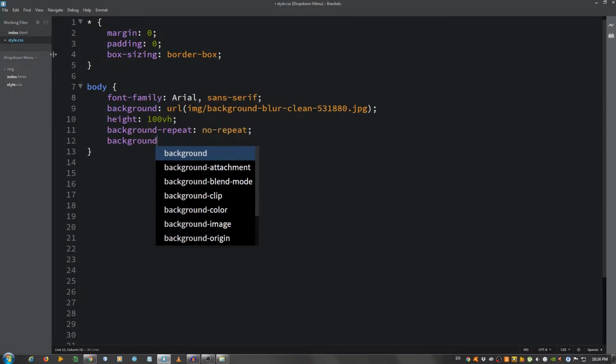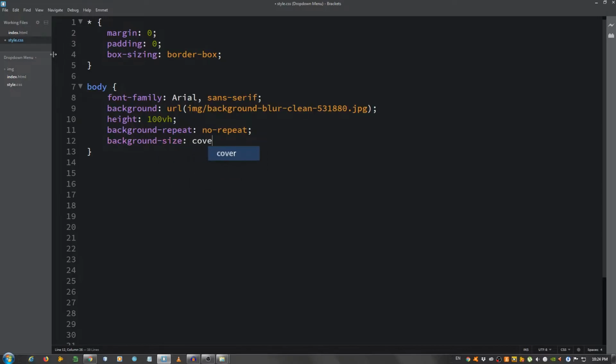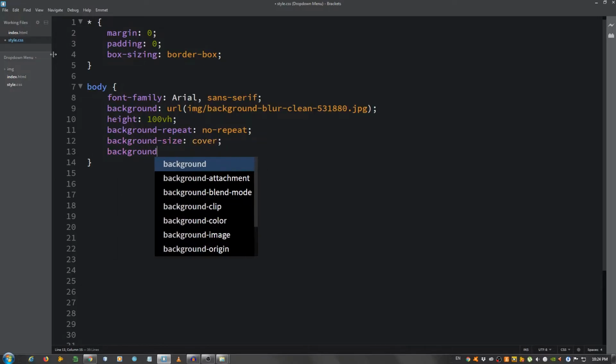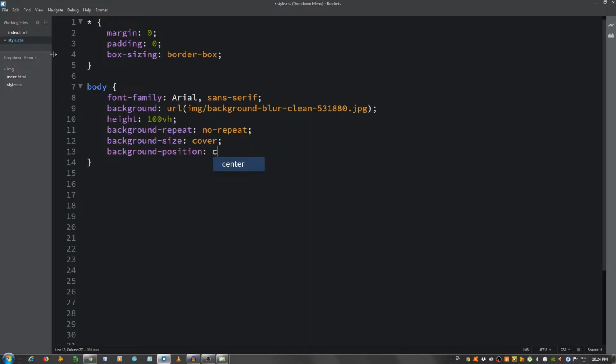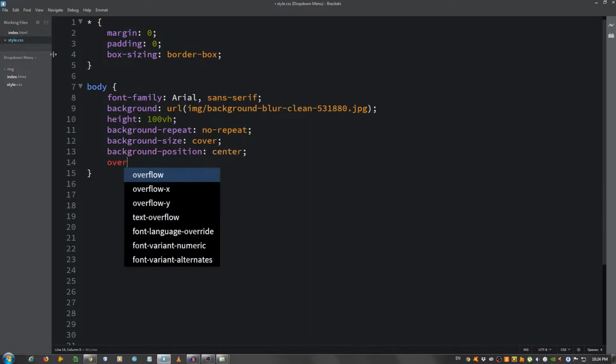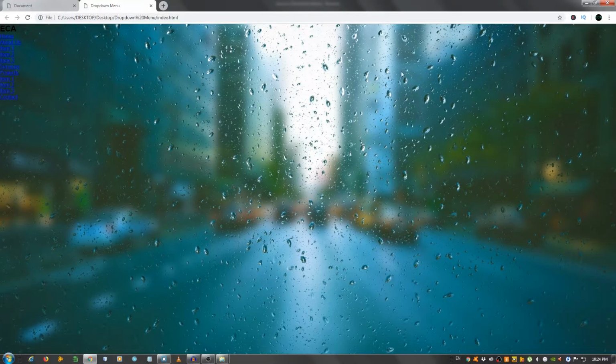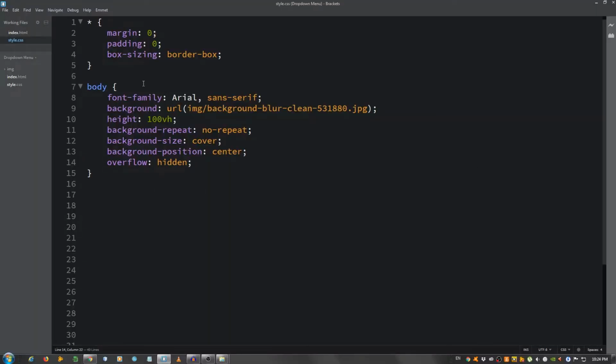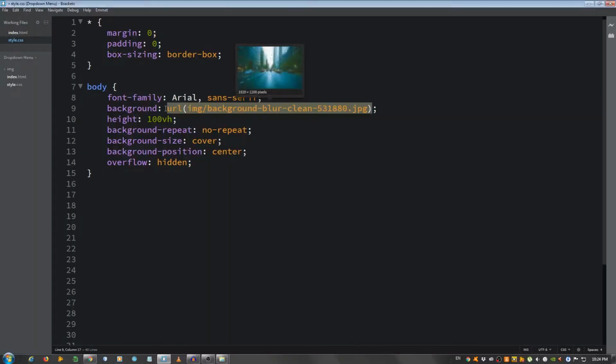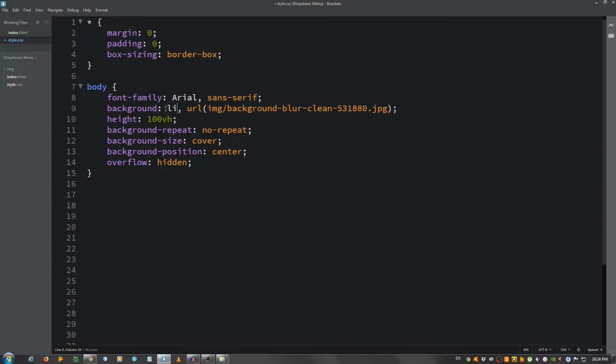Okay, background size, set it to cover, and background position, put it to center, and give it an overflow hidden. Let's take a look. Okay, but we're gonna darken it a little bit, so we're gonna use a linear gradient because it's too bright, in my opinion. So linear gradient,